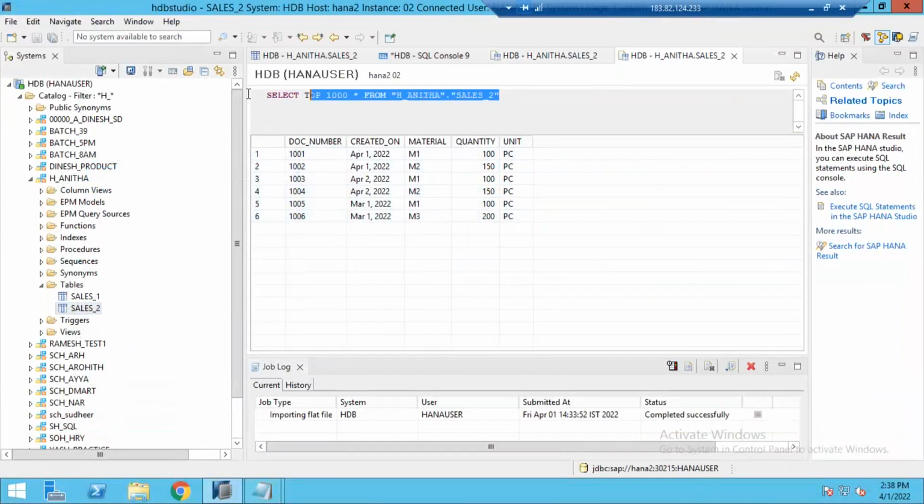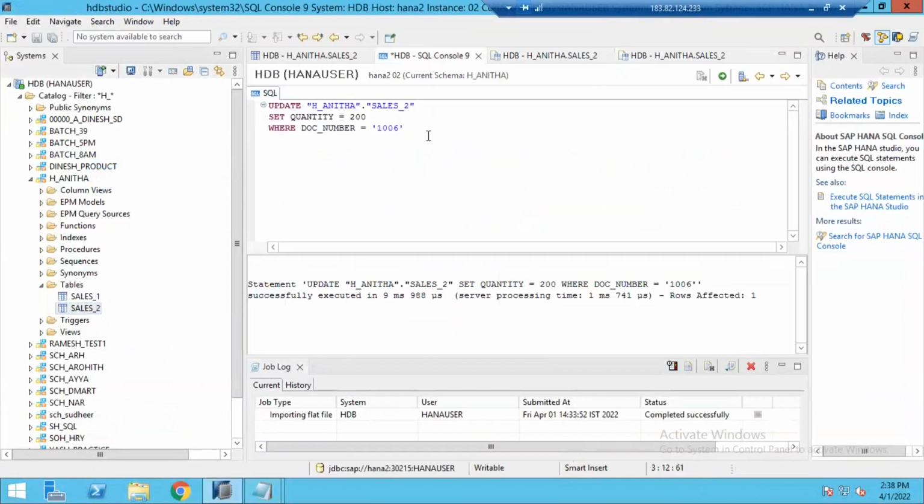So I can copy the same syntax now into my command prompt, SQL command. So select top. What is this top? In real-time projects, our tables may contain millions of records. But if I try to see all data at once, what will happen? A lot of database space will be consumed, which degrades the performance of the system. That's why, whenever you do a data preview of a table, SAP recommends executing only the top 1000 records, to bring only the top 1000 records from the table.